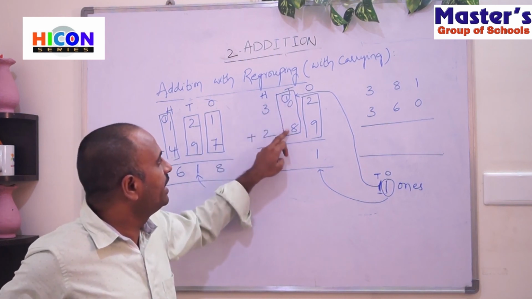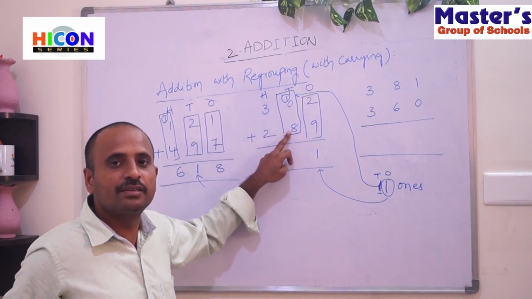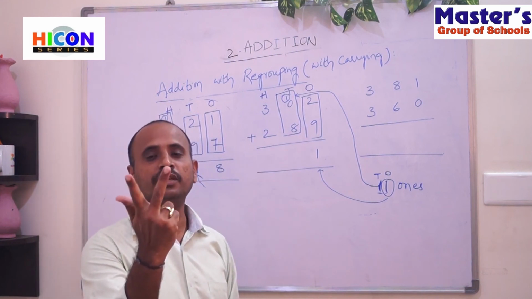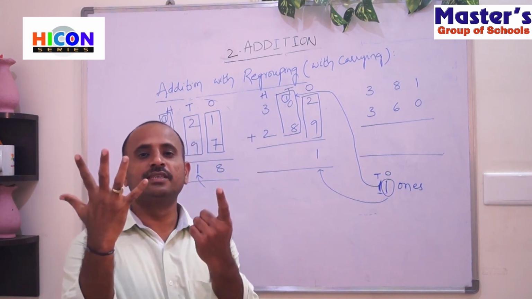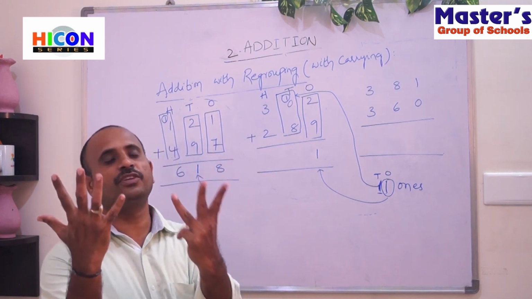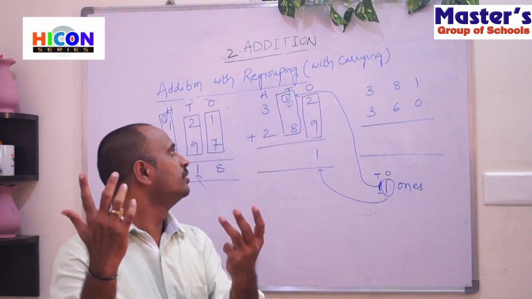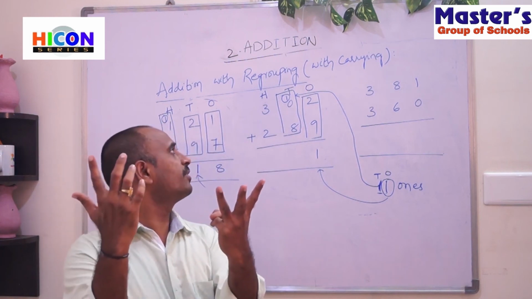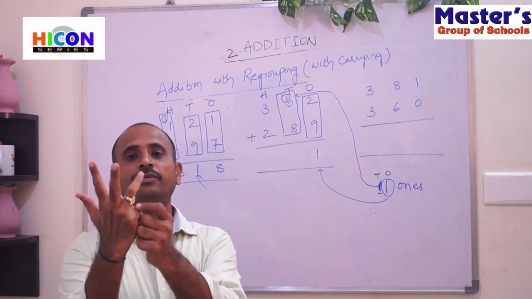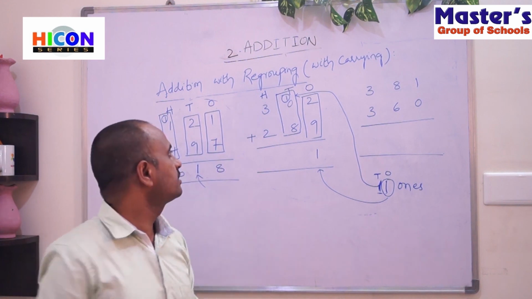Now take 1 and 8 and add them. Here the first digit is 1 and the second digit is 8. So take 8 fingers of your hand. 1, 2, 3, 4, 5, 6, 7, 8. Start counting after the first digit. Here the first digit is 1. After 1 we will get 2. So start counting from 2. 2, 3, 4, 5, 6, 7, 8, 9. So the answer is 9.